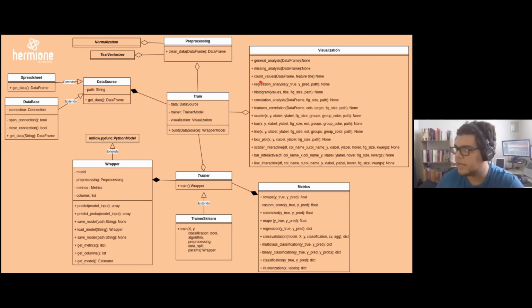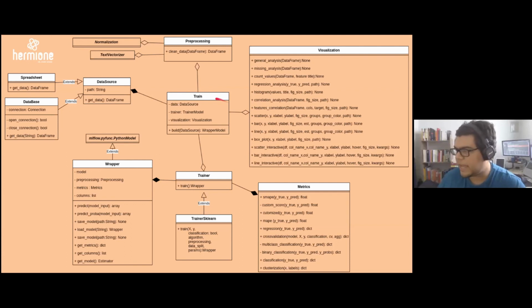So you can do several things of regression analysis, build a lot of plots, check residuals distribution, those kinds of things with just one method. And some other stuff we had already made available for you, and you also have space, of course, to build your own visualizations, your own plots. You can build it all here in the visualization class.